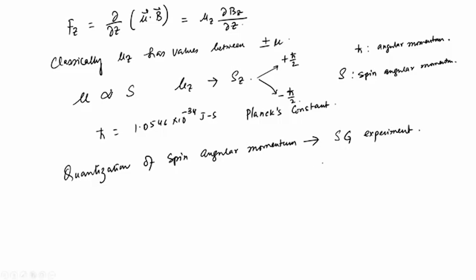Now, apart from that, there is a very important inference that emerges out of this experiment, which was less stressed about, and one should talk about that as well. Before that, you have to understand that if the magnetic field varies in the x direction, then we will have a force in the x direction, and then we will have again two spots, but that would correspond to Sx equal to plus h cross by 2 and Sx equal to minus h cross by 2,